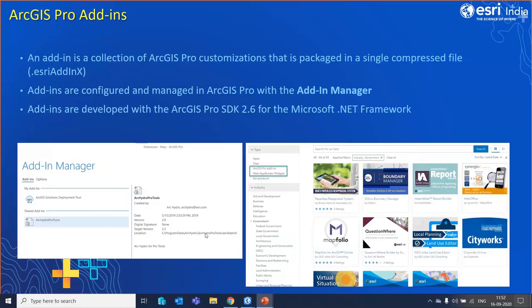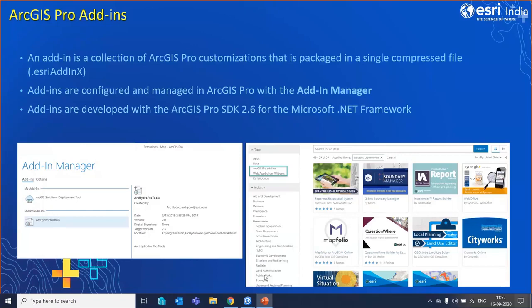When I use this add-in, I will be given all these ArcGIS Pro tools which I can use. On the right, we have a screenshot of all available add-ins that are listed in ArcGIS Marketplace. Usually these add-ins are developed for ArcGIS Pro 2.6 in the Microsoft .NET Framework.